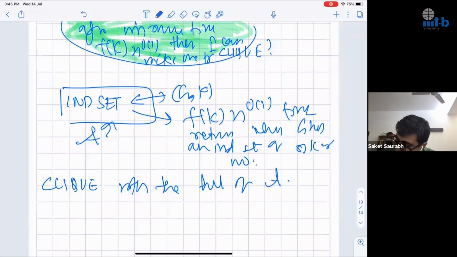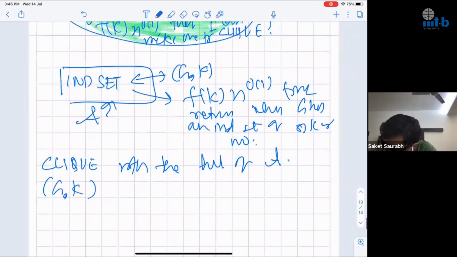So for clique, I have an instance G and k. I want to know whether G has a clique of size k or not. But I only have an algorithm for independent set. How can I use it? Very good. All of you are so bright. All of you are telling me that you feed A,